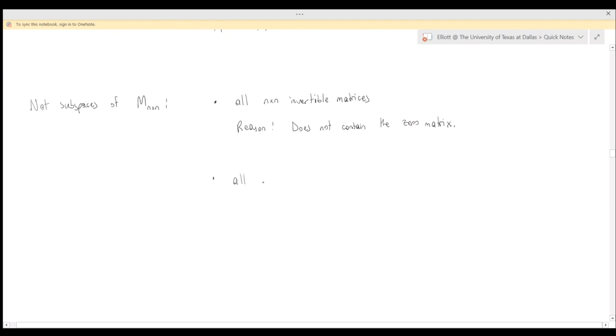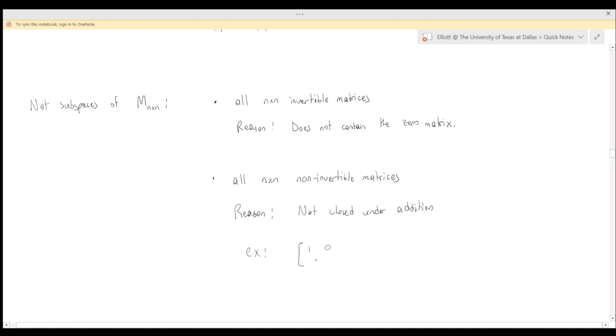But likewise, if you look at all n by n non-invertible matrices, it's also not a subspace of n by n. One reason for this is that it's not closed under addition, for instance. And then just to give a small example of that,